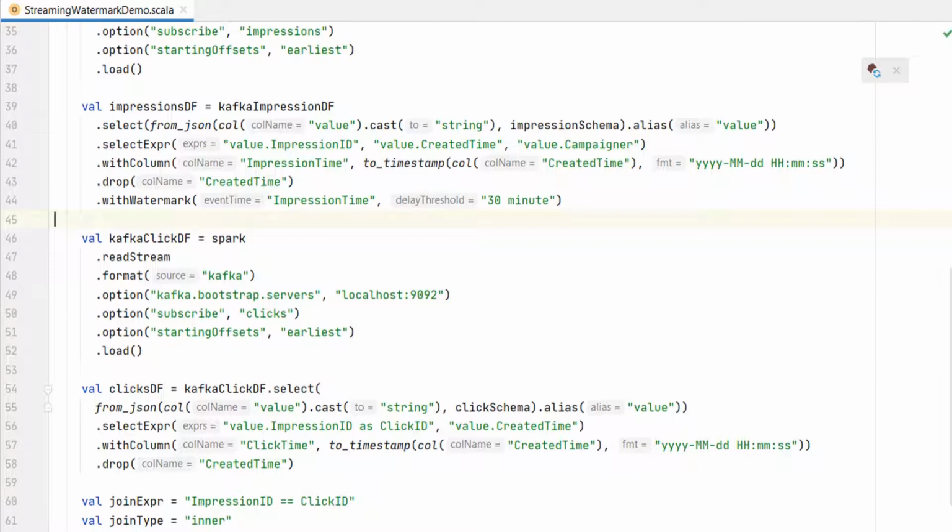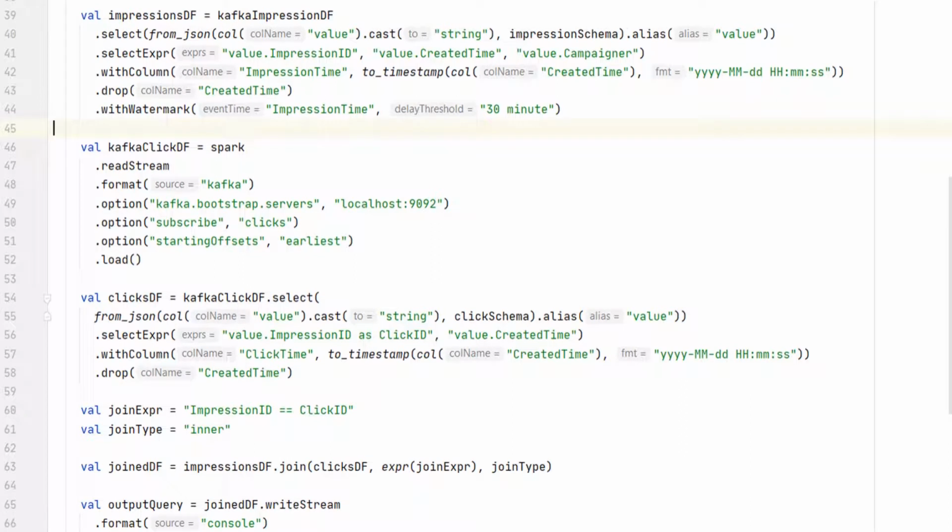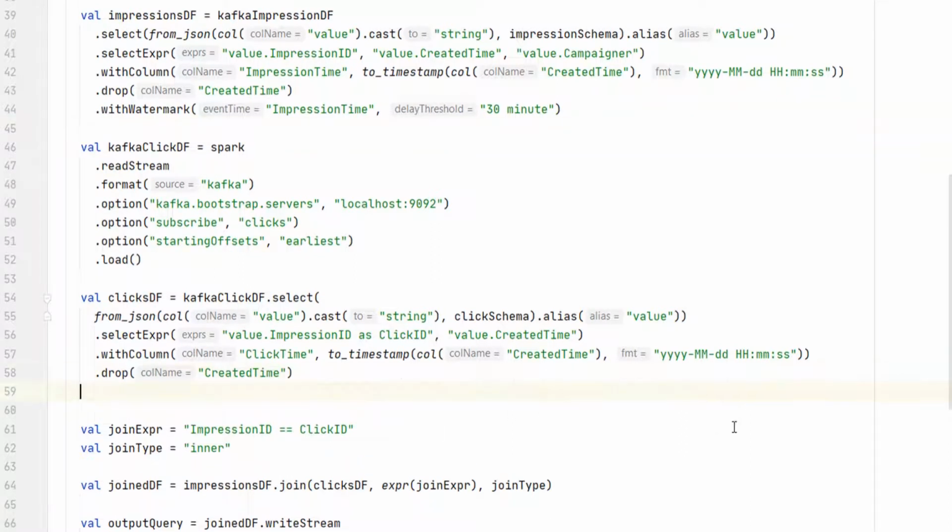If the impression takes more than 30 minutes to reach the Spark job, we want to ignore it. Make sense? Now let me give the same watermark to the click event also. Done. We have the watermark and Spark should now clean up these records from the state store.